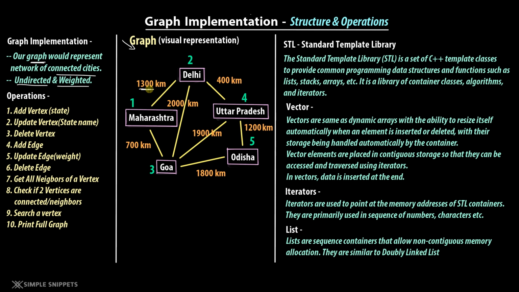So this weight is in the form of kilometers. Alright, so this is our graph implementation, and as I mentioned, there can be many other types of graphs or other use cases. You can have a graph of a social media network, wherein these vertices are people, and the connection is based on whether you are friends with other people or not.